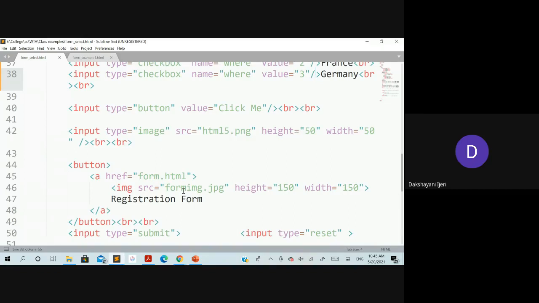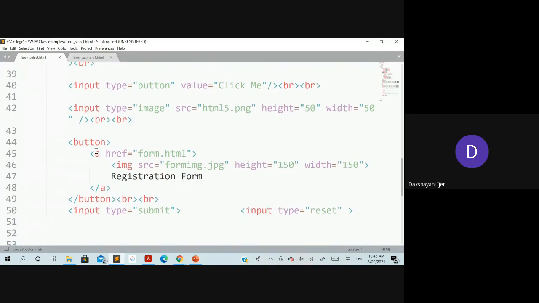Okay. So the rest are cases where you want to create a button which should have an image as well as a link. In that case, you have to use button as an element, not the input type. Under the button element, before closing it, you have to take the link, and within that link you take an image if you want to put an image on that button. Right. So in this case, you can see within the anchor element, I have taken the href equal to form.html, which I have created to appear as a registration. If I click on that, it has to go to this form to show all the fields there.